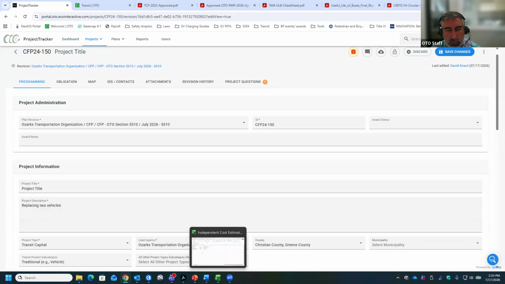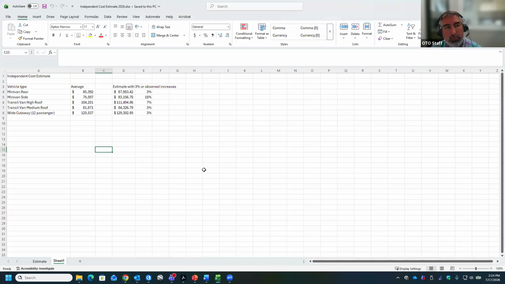And then I will mention, maybe at this moment, pricing. We will not know the final pricing, of course, until we start purchasing the vehicles. So we currently have some estimates on the vehicle types, since I got some feedback on what people might be interested in. I did averages: I asked a couple other state Departments of Transportation for their pricing, came up with an average, and then I estimated, since some of those are a little bit older, and added some cost increases that we expect.